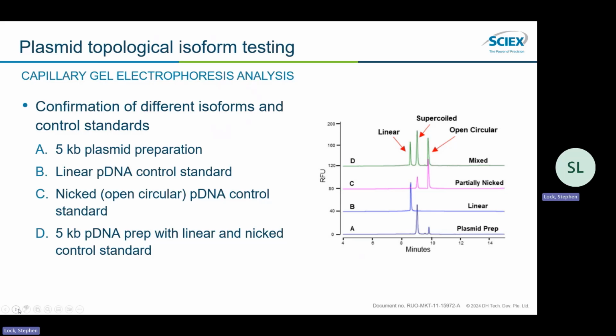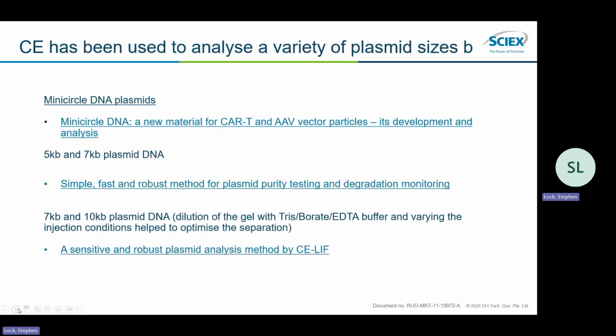But again, as I mentioned, you can apply it to not only look at supercoiled and open circular, but you can also pick up linear plasmids as well. So it's really good for testing your plasmid purity. And again, it's used in CDMO manufacturing now to look at the plasmids which are going to be used for viral vector manufacturing. And actually, there are several application notes and webinars in this space,